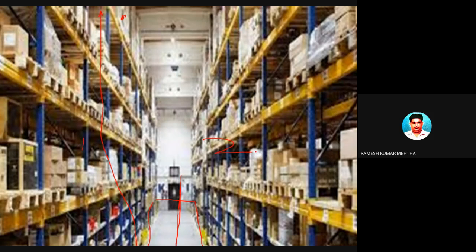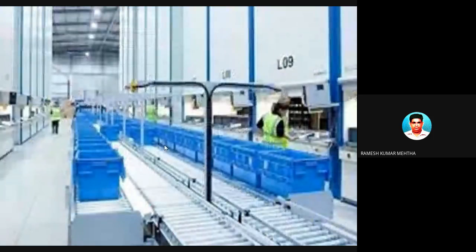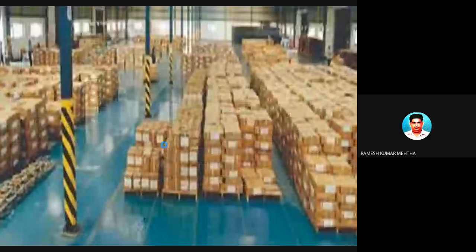In the case of a warehouse, you have to properly plan how the material handling equipment will be moving, where the racks will be, and all that stuff. Even the light here, if you look, is made available at such a tall height. So this is another material warehousing facility.